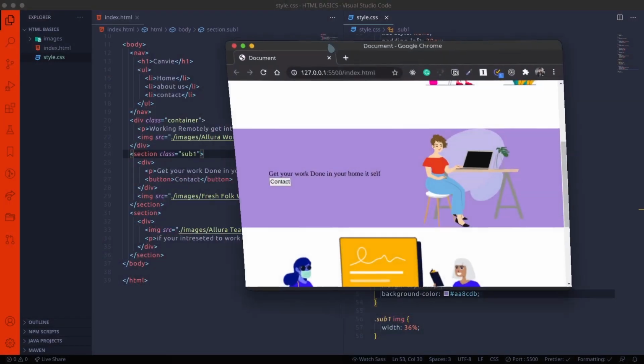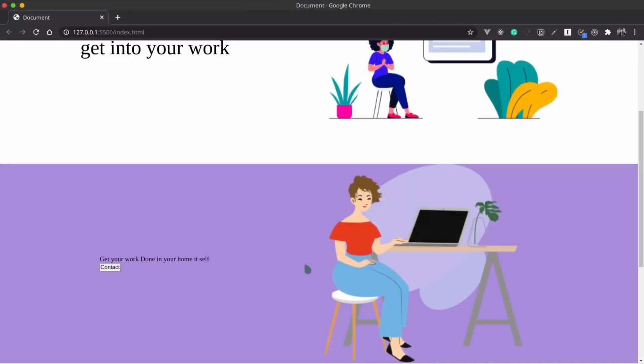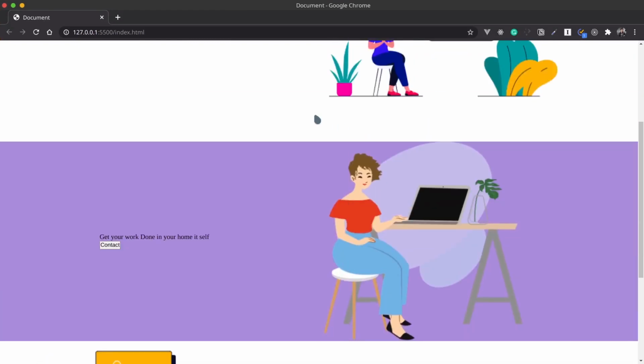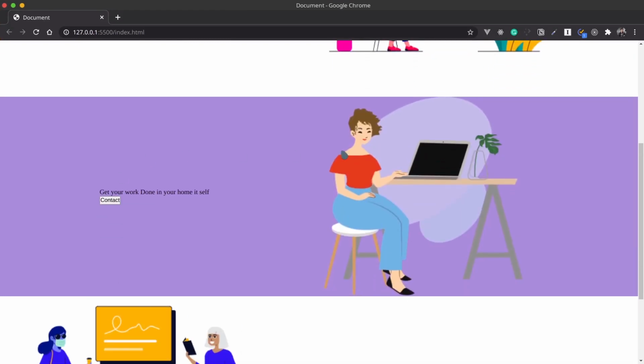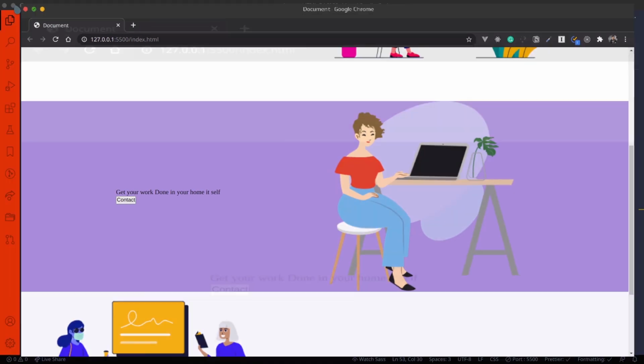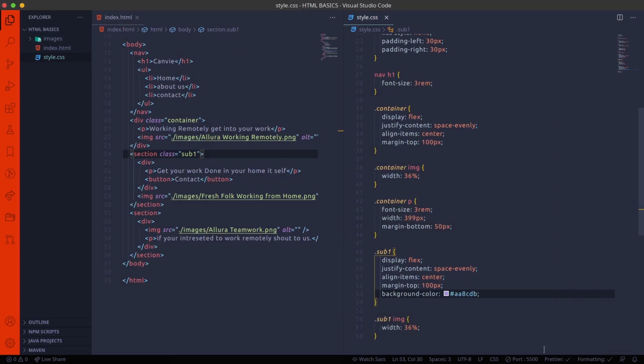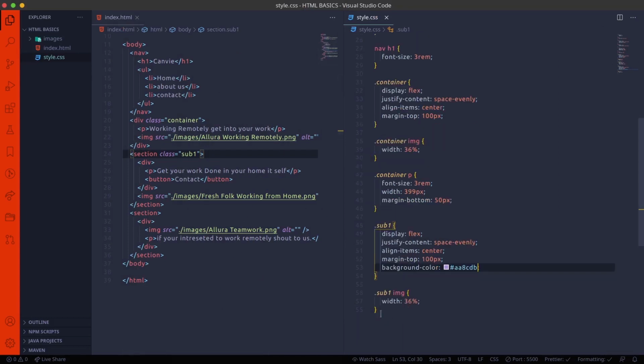So now here you can see this section is divided and this section is divided. Now you can see this one is so tiny. Here you can observe the image width is not changed. Why? Because I will tell. sub1 image.